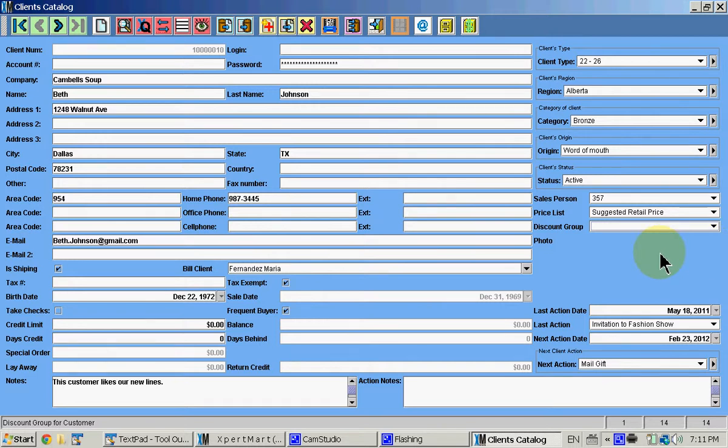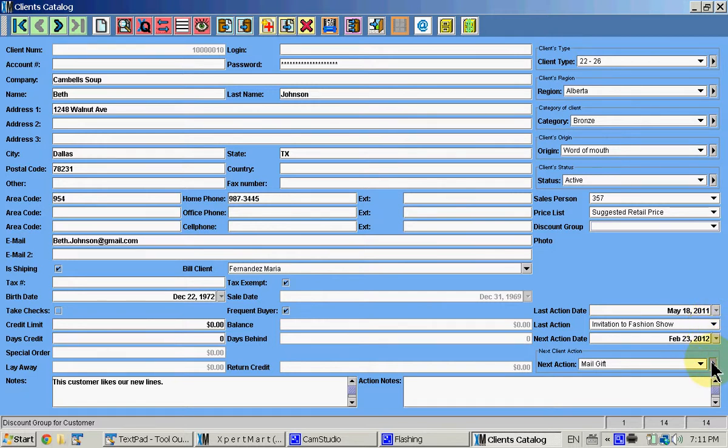We can go as far as, if you want to, putting in a photo of the customer, and that way you remember well what that customer looked like. Again, it's there if you want to use it. Then really in a CRM or follow-up fashion, here's an important part, although it looks like we're towards the end, we can keep track of what the last date was that we had an action related to this customer. So all this is a date, and then we have a catalog, which is